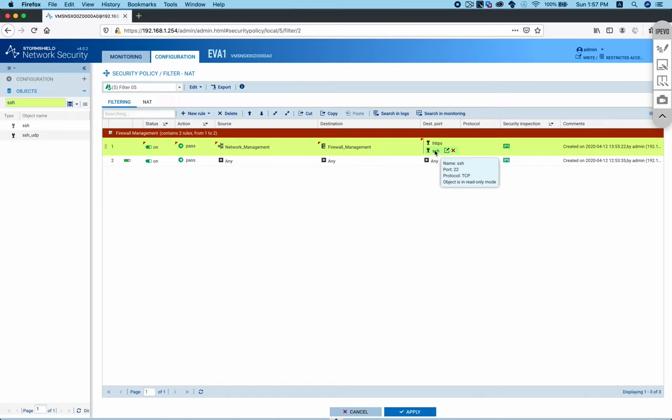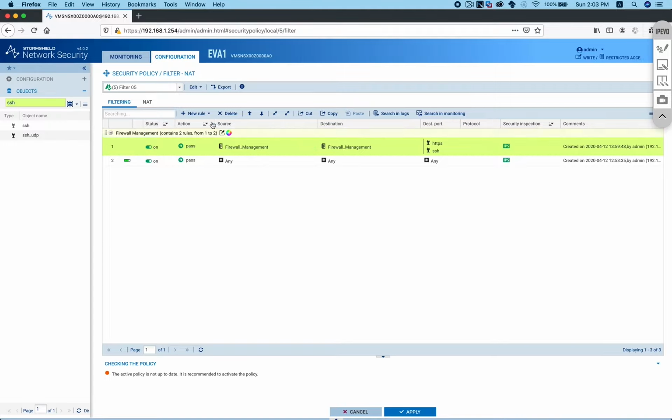You can add like 2, 3, 4, 5, and then you can create a group of them also. It's another good option. So in this rule, I'm saying that I'm allowing to manage the firewall, to access the firewall, either on SSH or on HTTPS on the web interface. And then I will